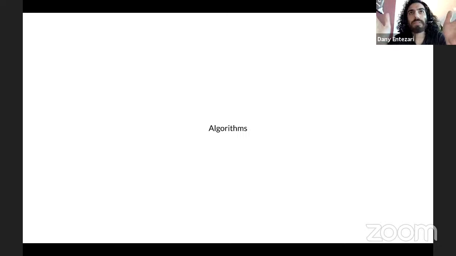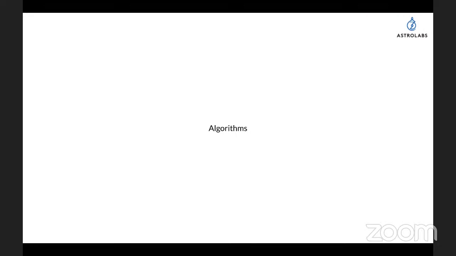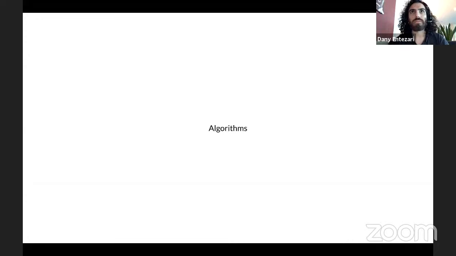Computer science is a discipline that originated from mathematics, and we can say it's half about mathematics and the other half is about technology. Data structures and algorithms is, let's say, at the center of computer science.